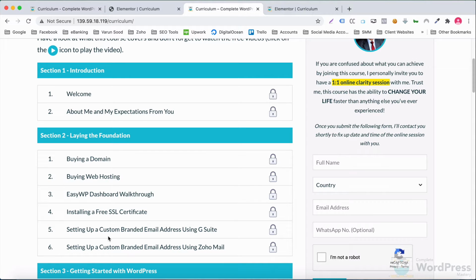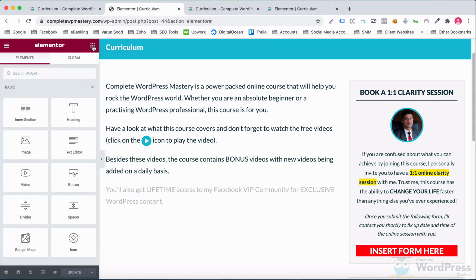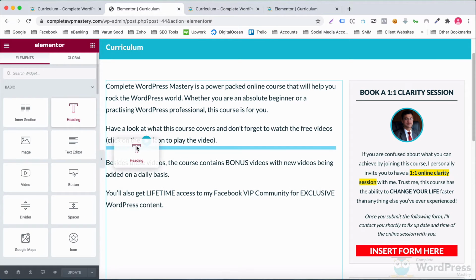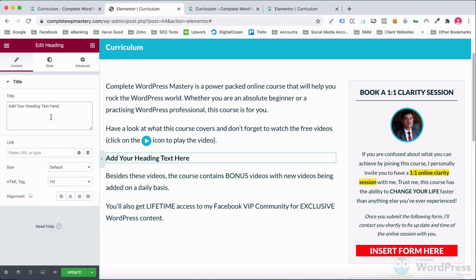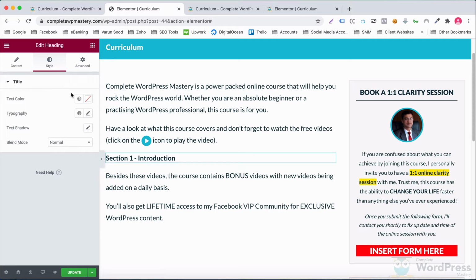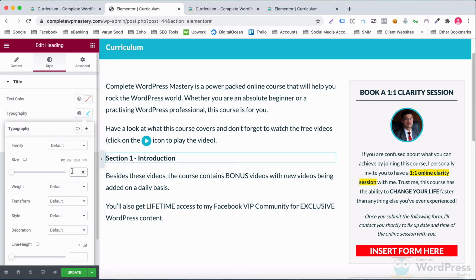Let's work on the headings first. I'll add an H3 heading. Change its text. Adjust the font size and font weight.